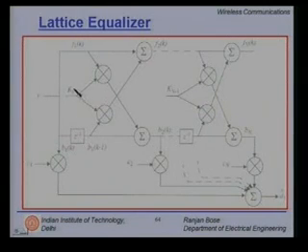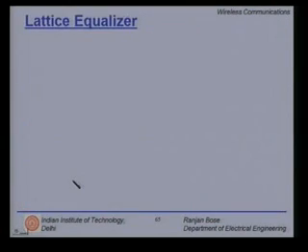We have these reflection coefficients k1, k2 up to kn minus 1. You add them up and you get d1 hat. We will just now show that despite this structure, the d1 hat will come out to be nothing but the delayed version of yk's multiplied by the appropriate complex weights. But there are certain very good advantages of the lattice equalizer which we will talk about.